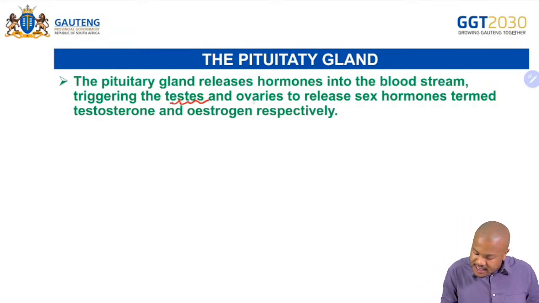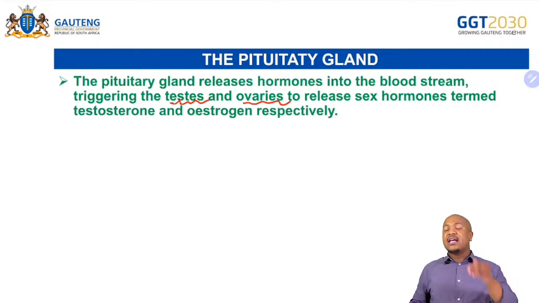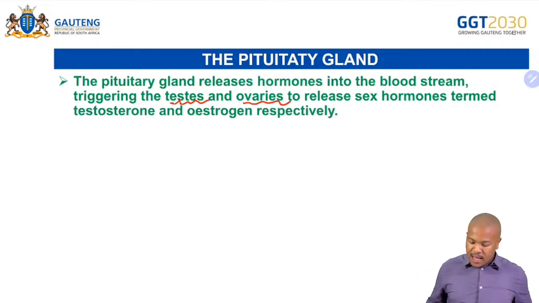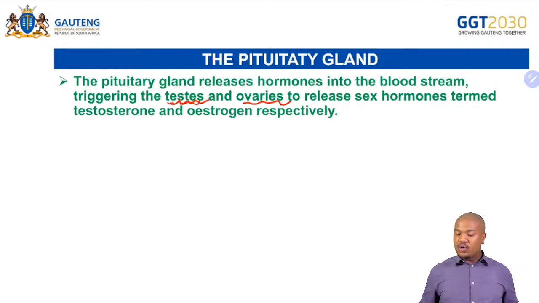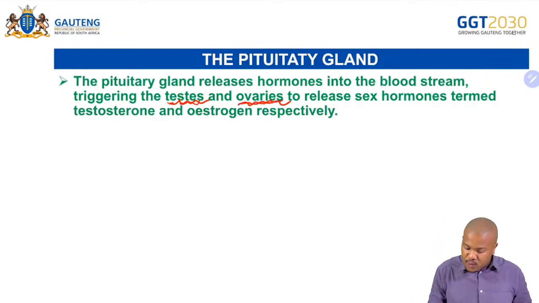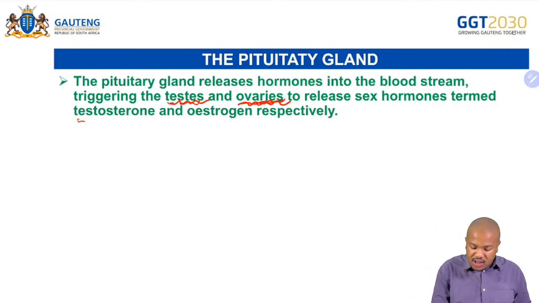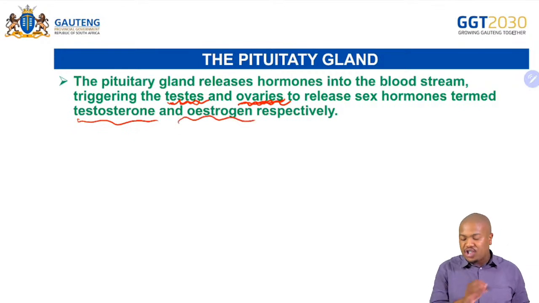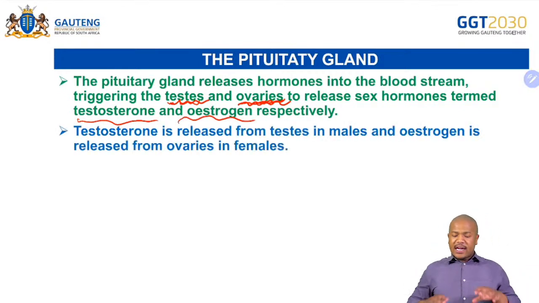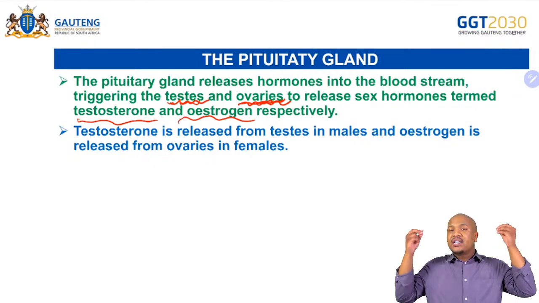Triggering the testes and ovaries to release sex hormones, right? It triggers the testes to release sex hormones, as well as the ovaries. The sex hormones are testosterone and estrogen, right? So now, remember, hormones are chemical messengers. And I'm saying now the pituitary gland is the master gland which secretes hormones into the